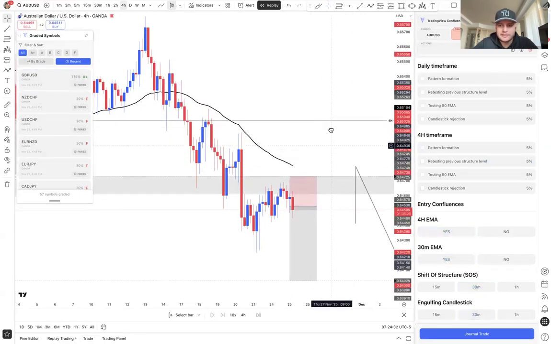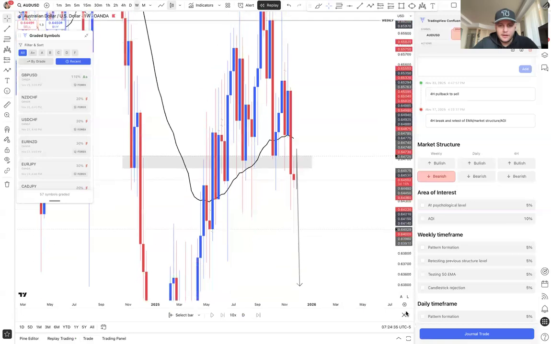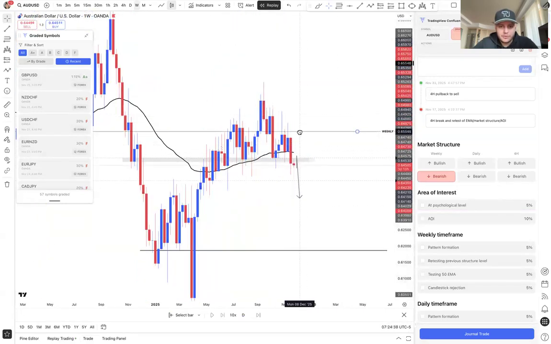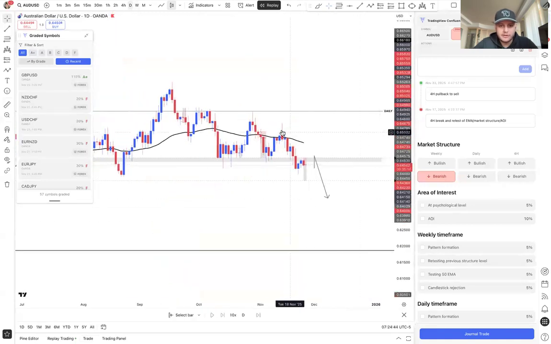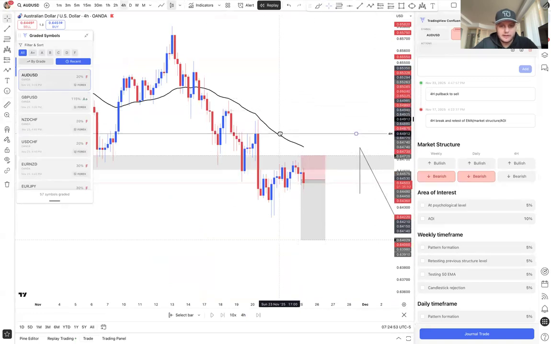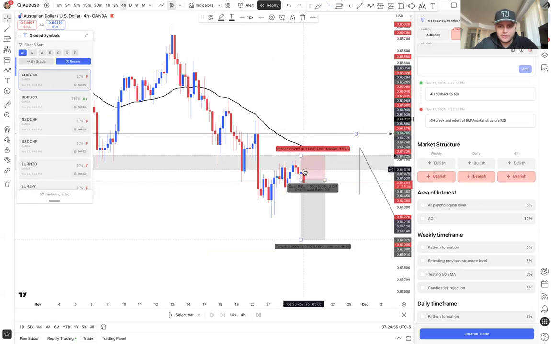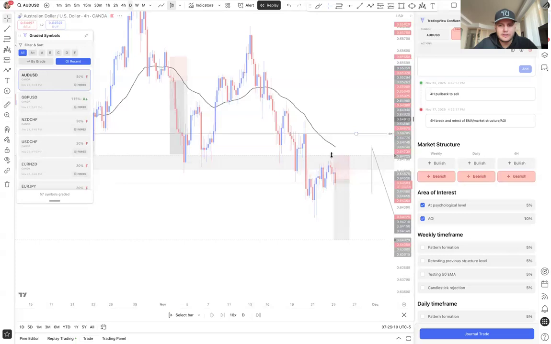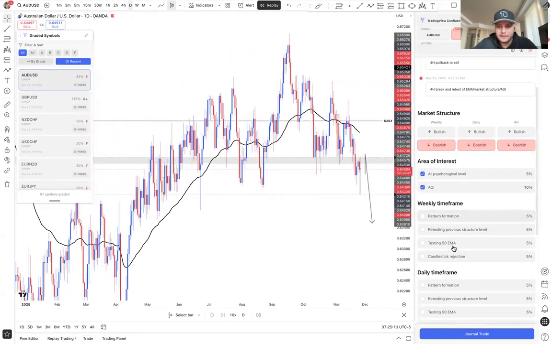which is AUD USD. So AUD USD on the weekly time frame is bearish. We have a lower low. So we have bearish structure on the weekly time frame, bearish structure on the daily time frame, and the 4-hour time frame is also bearish. So we have 3 time frames that are bearish. Do we have a round psychological level? Kind of. We kind of do at 64500. It's a little bit lower than where we entered, but there is a round psychological level in this area. We have an area of interest on the daily time frame, weekly time frame.